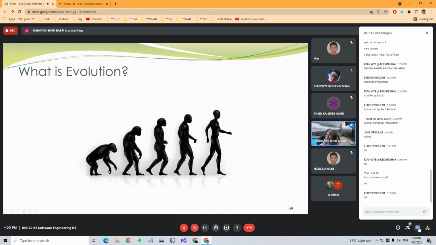Okay, so like a human evolve. This one is not correct lah. From the monkey to the human, no lah. This is, I think, the old. But this is the evolution from the start from the